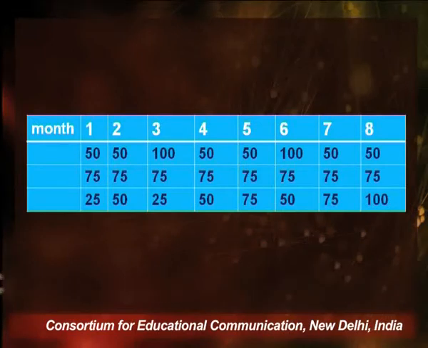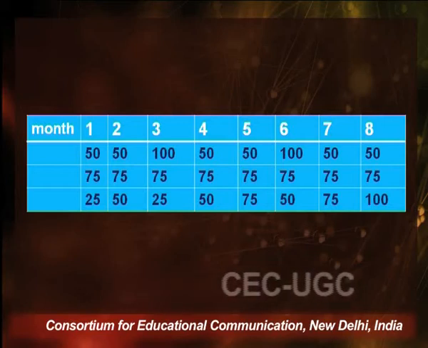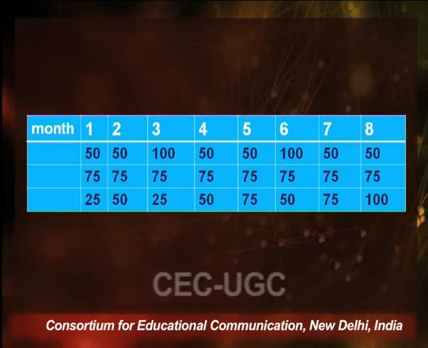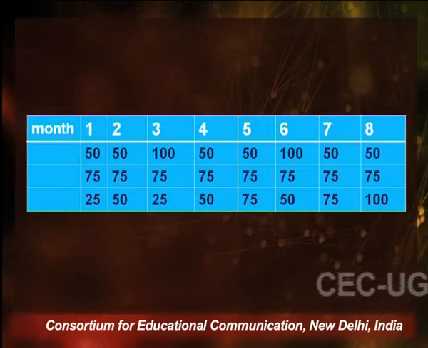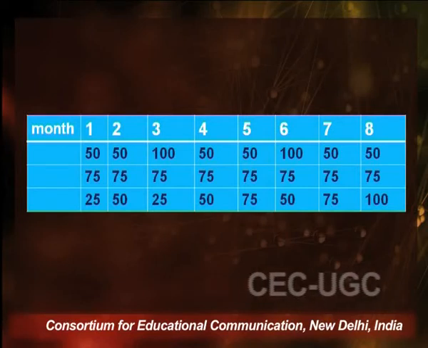Let us see this approach in the form of a table, and first consider 8 months. So 1, 2, 3, 4, 5. In March, which is the third month, we have $100. Then in the month of June we have $100 again. So the first row of the table shows the number of the month. The second row shows the actual cost of the maintenance contract according to the conditions.